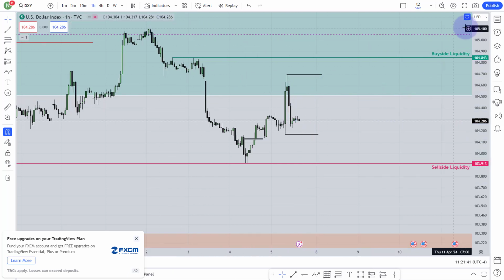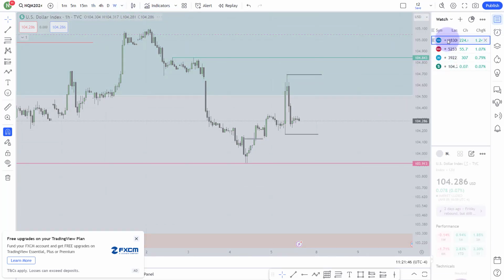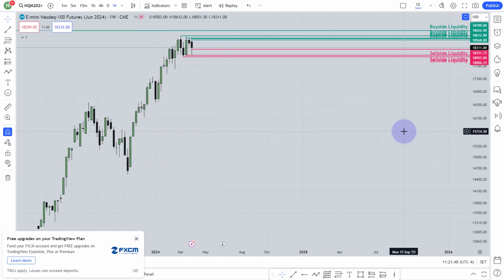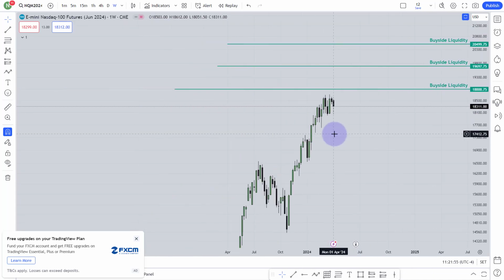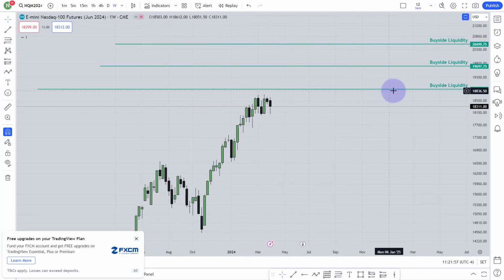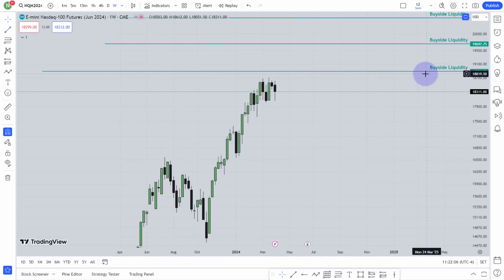Now I will go to Nasdaq and we will see what is going on over there. Okay, so let's go to Nasdaq. So here is Nasdaq, and I'm going to remove every buy side and sell side level from my chart. Instead of that, I'm just going to keep this on my chart. Remember, this is that minus 1.5 standard deviation. I was telling you that until that minus 1.5 standard deviation is traded, I am bullish for Nasdaq. That means I would love to see the market at least reach over there.